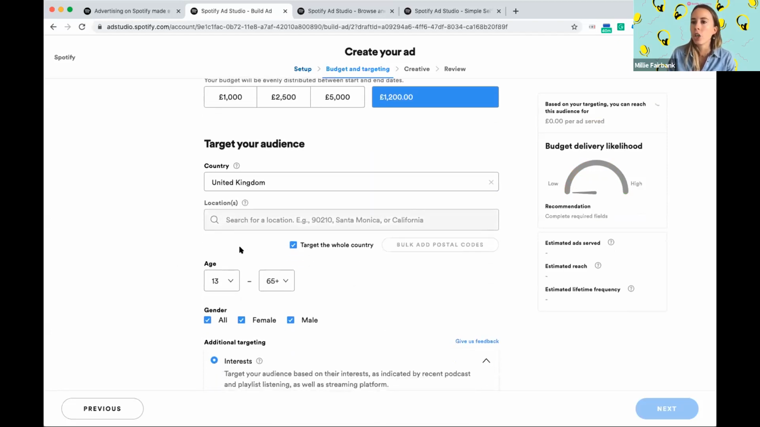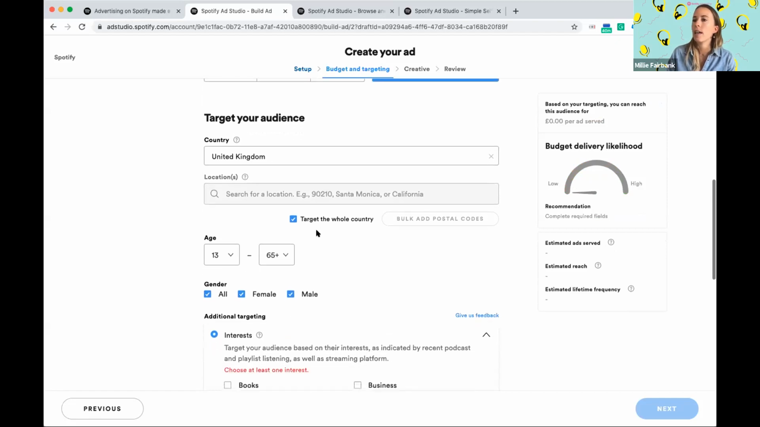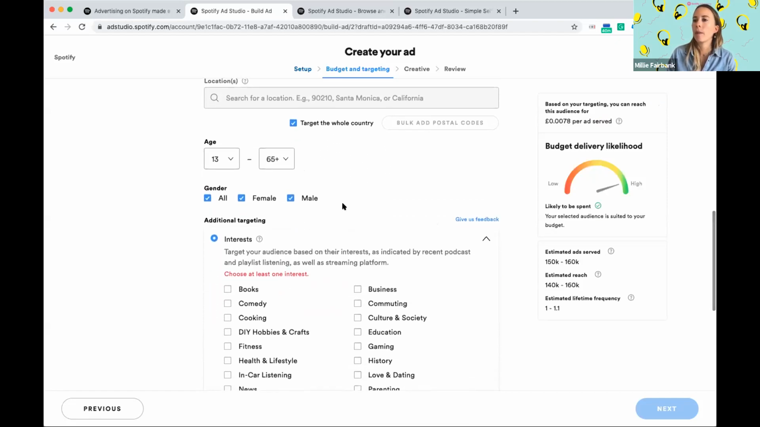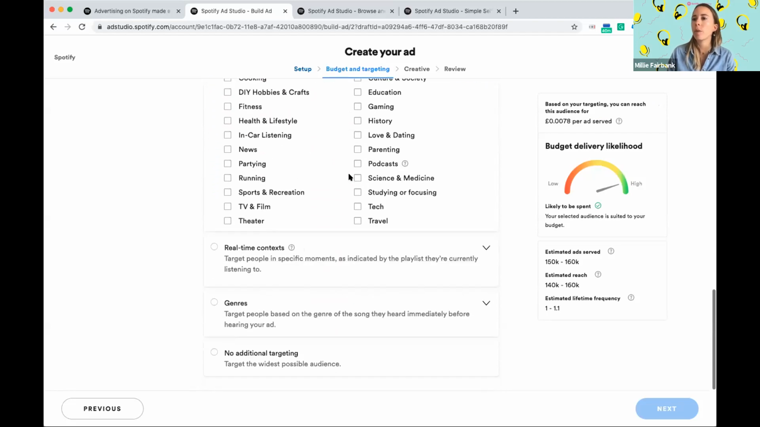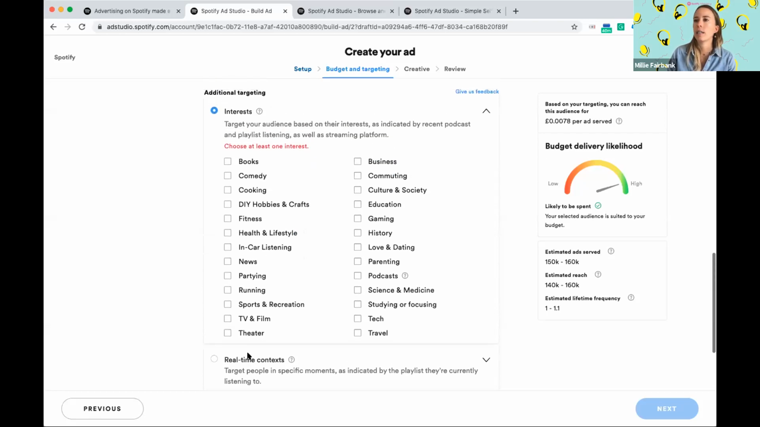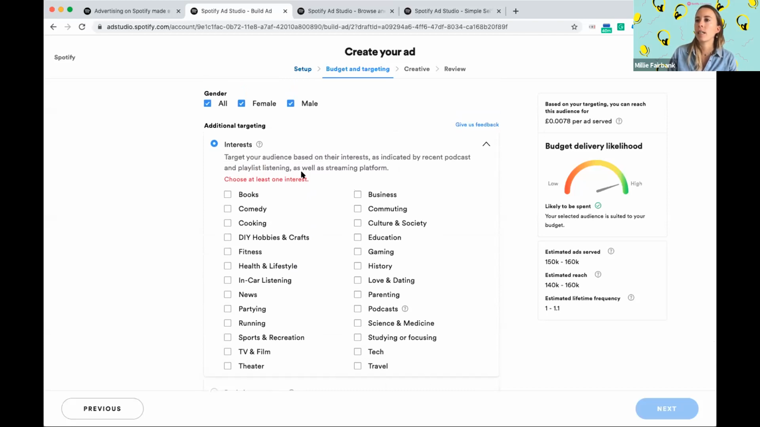And then you've got your age targeting, your gender targeting, and then finally, at the bottom here, you've got your additional targeting, whether that's interest segments, which I mentioned earlier, real-time context, genre, or really keep it to your standard demographic targeting. So if we focus on interest targeting here, these are a bunch of audience segments that